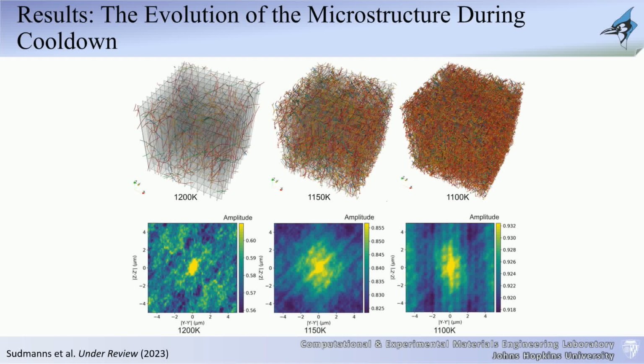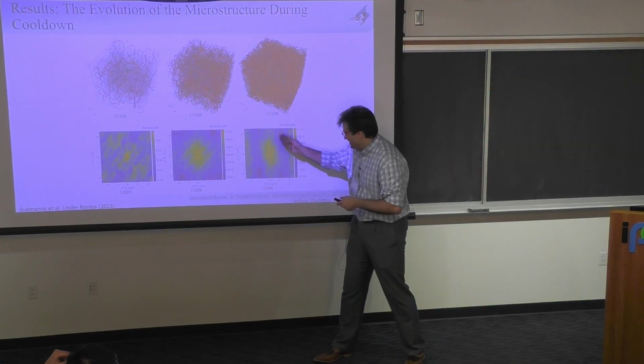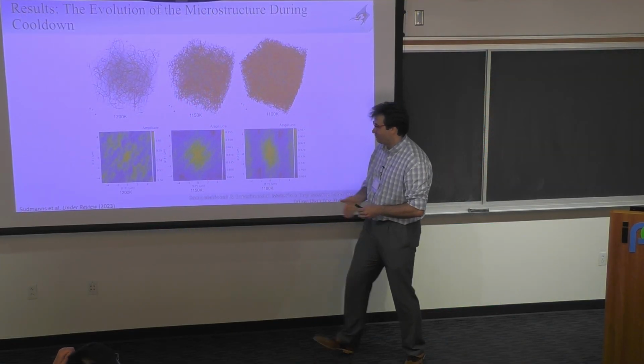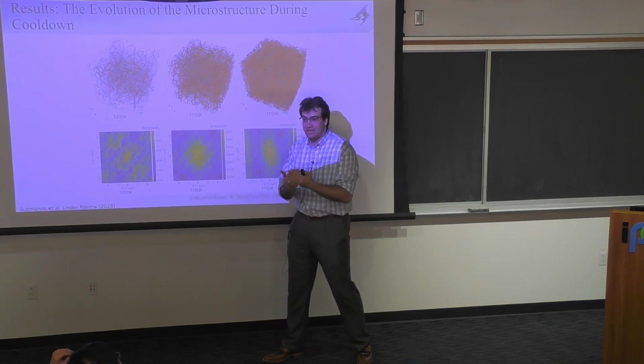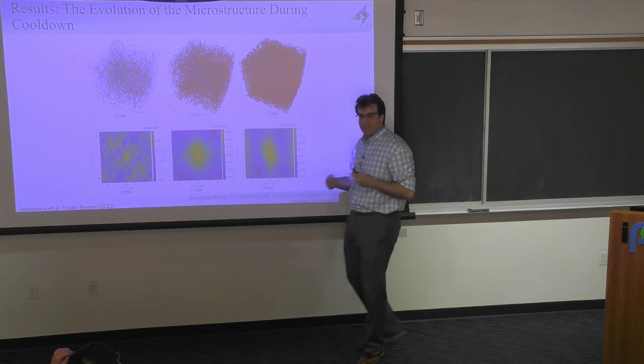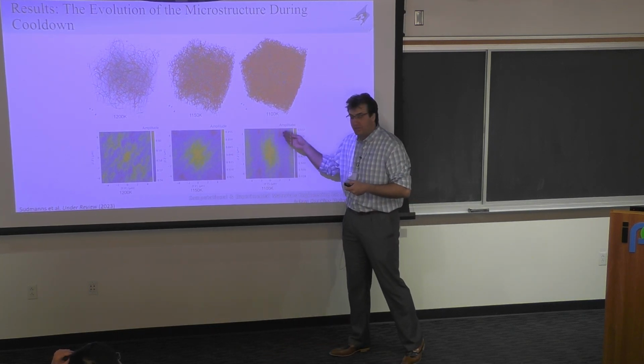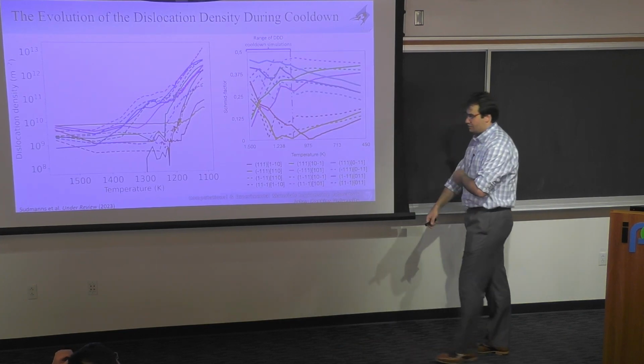Again, if you look at it this way, it's a bunch of spaghetti. But if you look at it in terms of the correlations, you can start seeing that initially at 1200, very little correlations. 1500, maybe there's some correlation about 45 degrees. But suddenly, as the temperature continues to decrease, voila. That's my attempt to do French. You get the pattern starting to form at these lower temperatures. So initially at these higher temperatures, you're getting junctions from dislocation reactions, but as the temperature continuously decreases, the solutes become more and more important and influence the behavior, and you're getting these types of patterns forming.